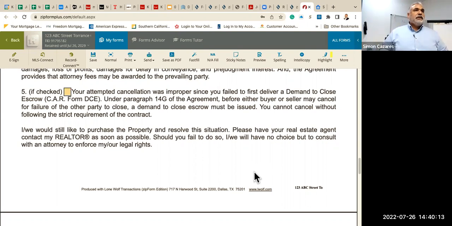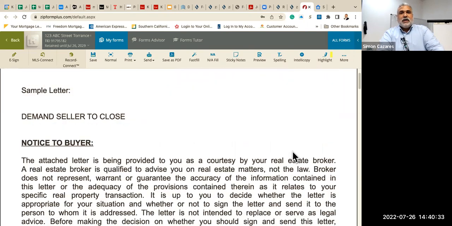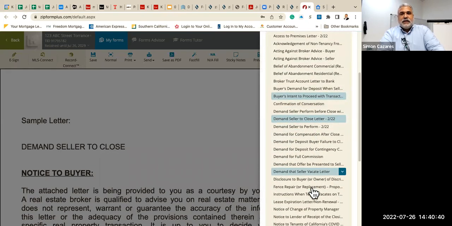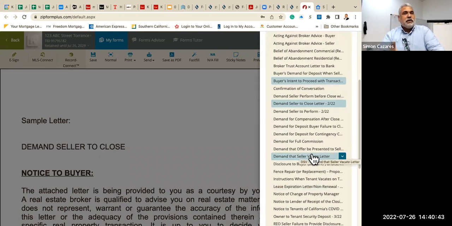Very simple. These are the letters that we have that were created for this purpose. When you have an agent, when we have a seller not cooperating, or even vice versa, folks, if you have a buyer not cooperating, then we can also push hard to pursue damages. And this is just one example of many different letters that you can utilize. Study what you have, and trust me, you'll become more geared with knowledge and the understanding of the